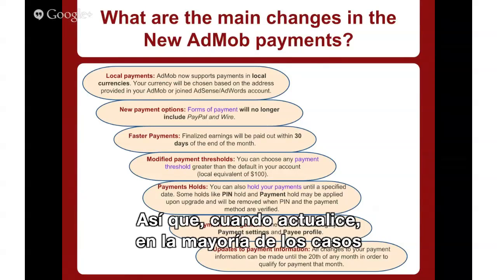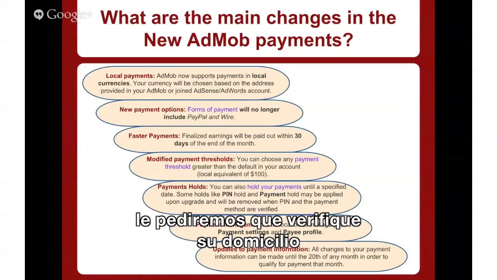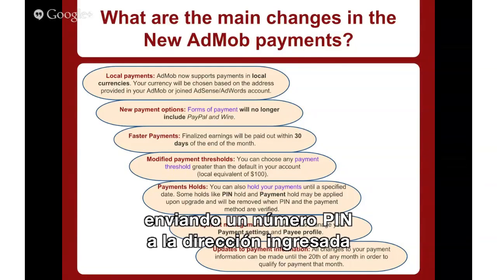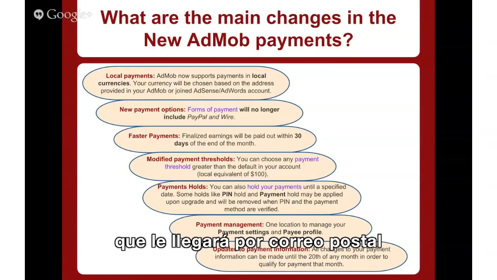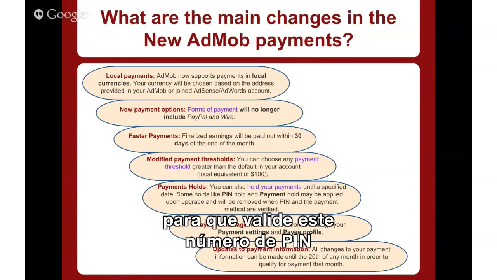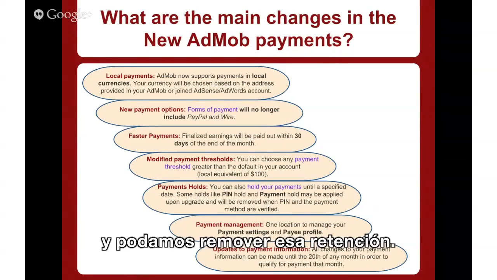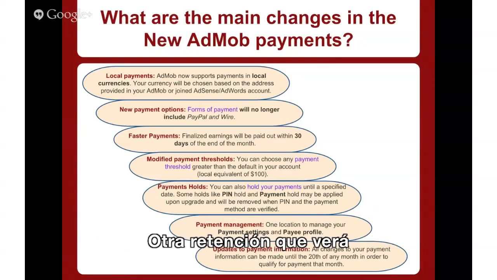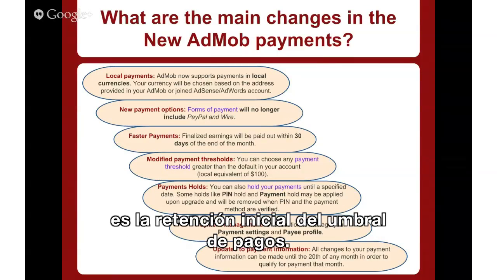So when you upgrade, we will more often than not require that you verify the correctness of your address by sending you a PIN number to your home address, and it will arrive via snail mail, and you will then verify that PIN number and that hold will be removed. Another hold that you will see is the initial threshold